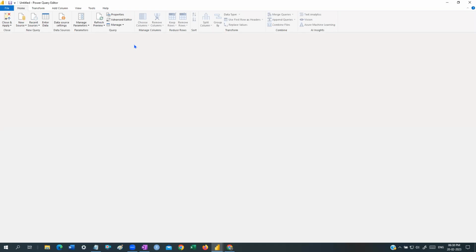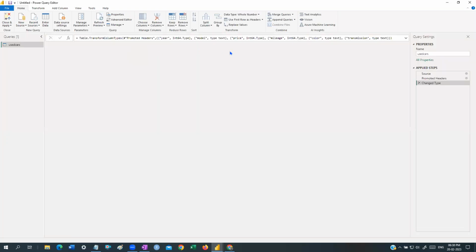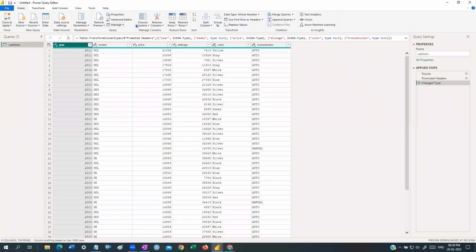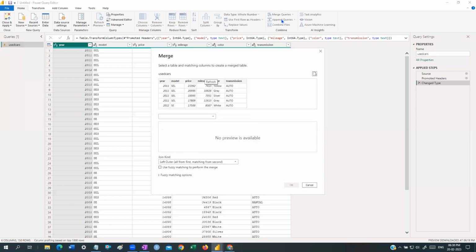I'll tell you what this Power Query is. Even once again, just for a small time, to make you understand that. We have an option called merge queries, guys. While we are doing this merge queries, can you see? There is some kind of a joins concept. Left outer join, right outer join, full outer join. What are inner joins?